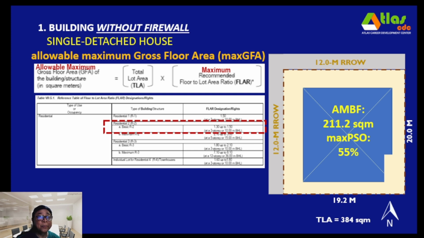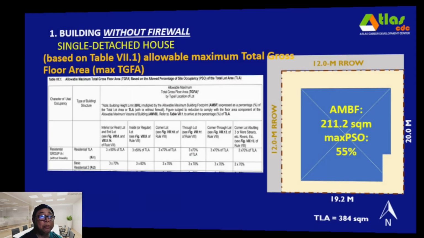1.5 FLAR, maximum designated. So we multiply the 1.5 with our TLA of 384 square meters, which will give you a value for the max GFA allowable at 576 square meters. So now we put this